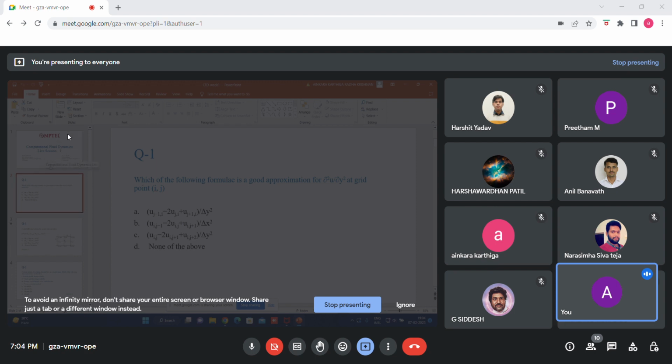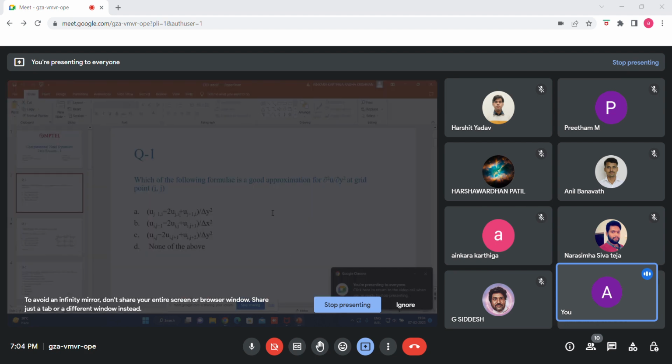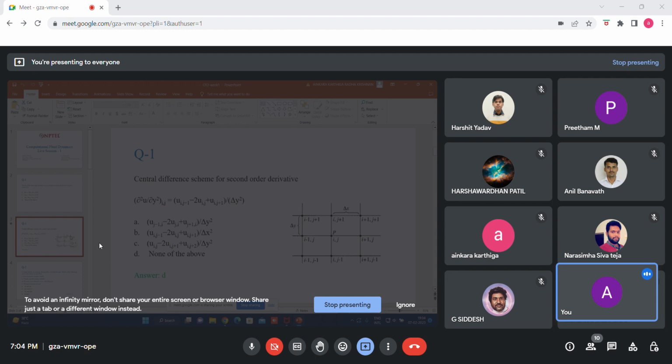Okay, if there is no question, we'll just go through these questions once again. The first question is asking which of the following formulas is a good approximation for ∂²u/∂v² at grid point (i, j). For getting these, we saw discretization, and one more approach would be